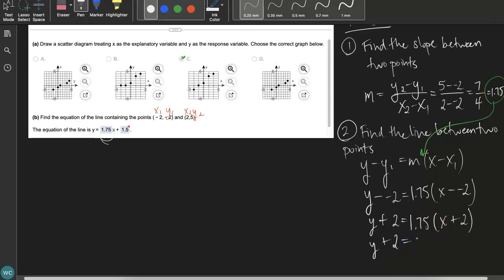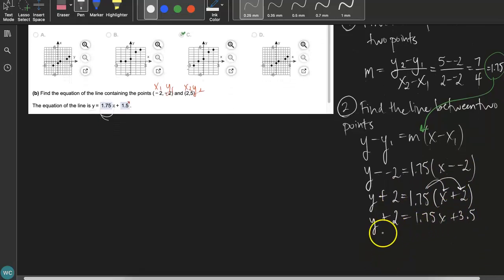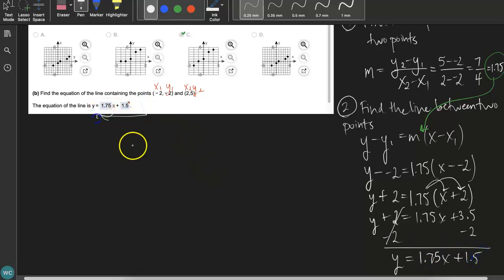So distributing the 1.75, we get 1.75x. And then 1.75 times 2 is plus 3.5. Lastly, to get y completely by itself, I need to subtract 2 from both sides. And I end up with y equals 1.75x plus 1.5. Those are the values that you're going to put here into the equation of the line, and they